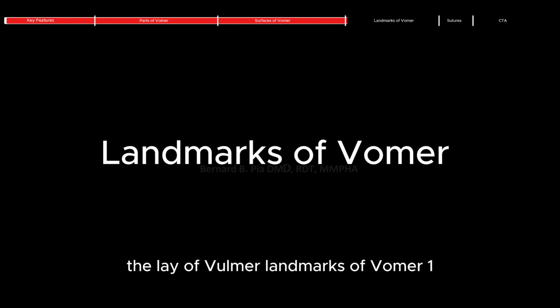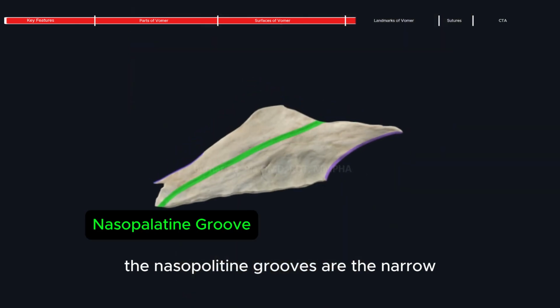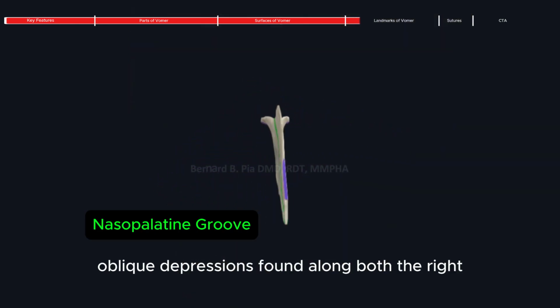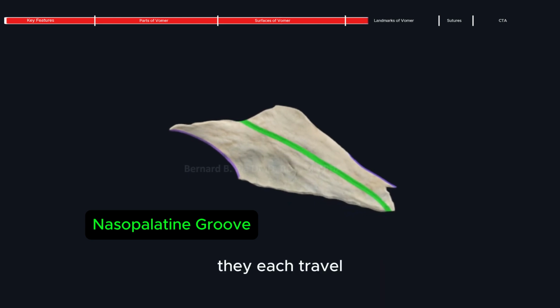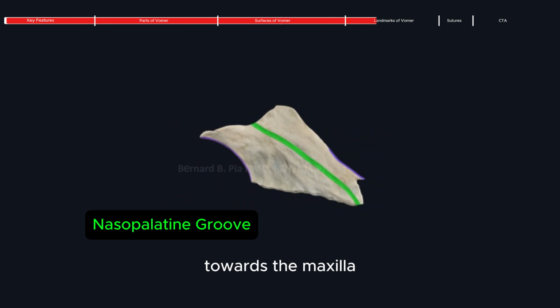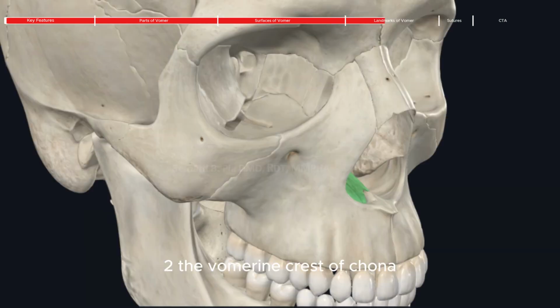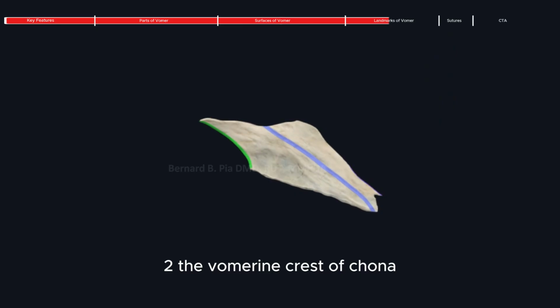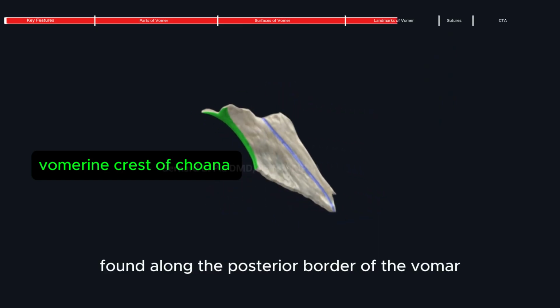Landmarks of vomer. 1. The nasopalatine grooves are the narrow, oblique depressions found along both the right and left lateral surfaces of the vomer. They each travel antero-inferiorly from the superior border towards the maxilla, and each lodge a nasopalatine nerve and vessels. 2. The vomerine crest of choanae is the concave ridge found along the posterior border of the